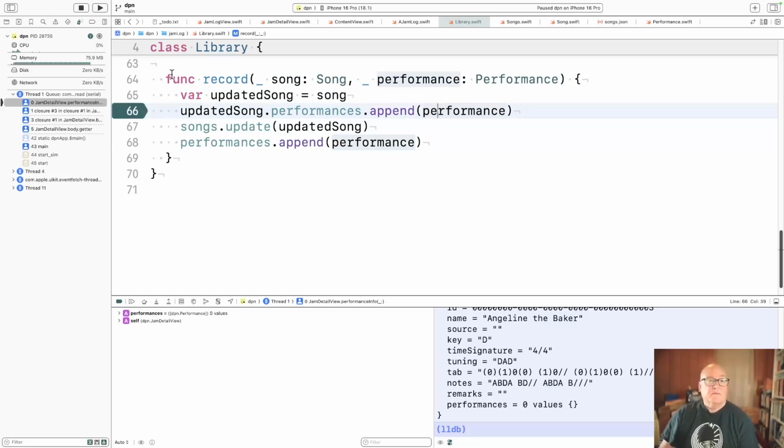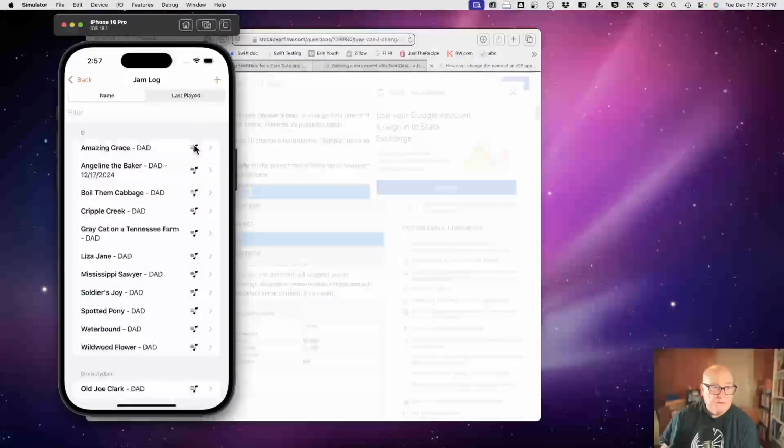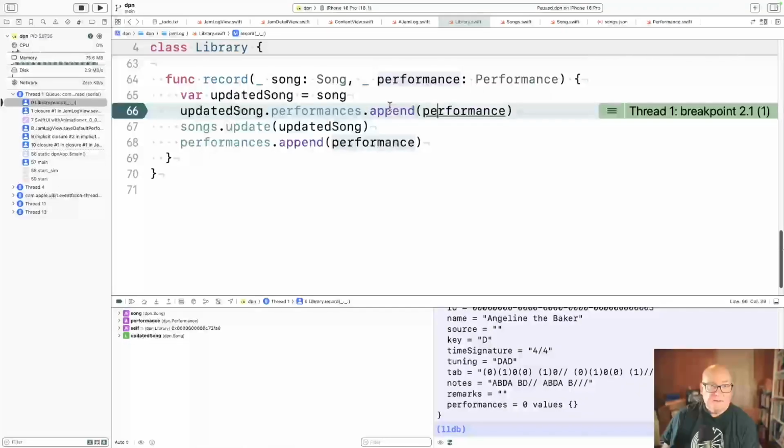Okay, so let's stop there. Continue. Okay, so they all went through the same path. Updated songs dot append performance. Okay, so let's look at song. Step over.